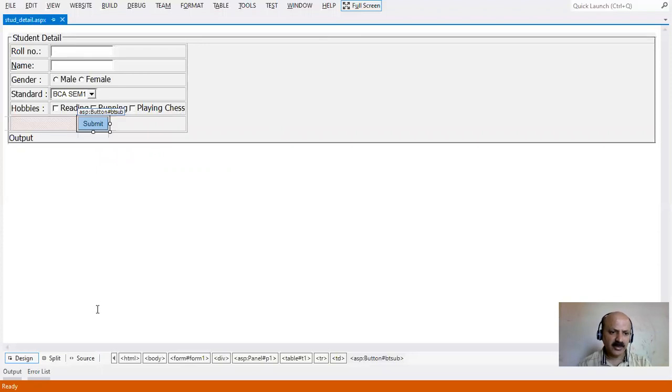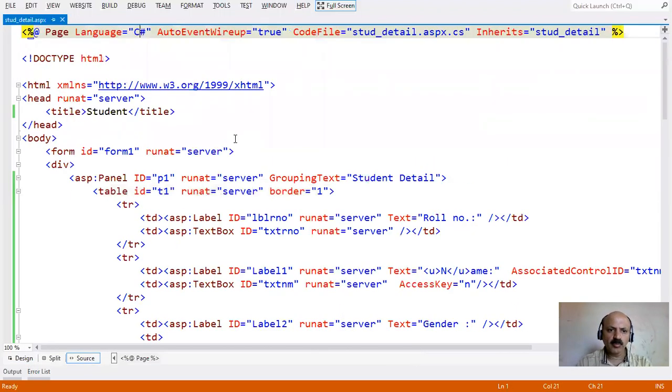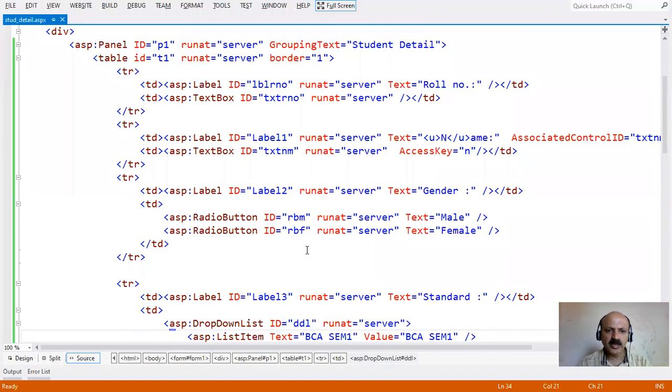In the design part source code, there is another important property of the radio button, and that is the group name. Here in the radio button we supply the group name like gen, and the other radio button also provides the same group name gen. You cannot provide a different name to a simple radio button.